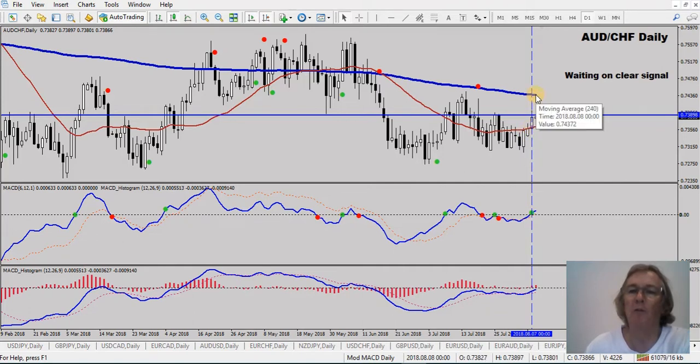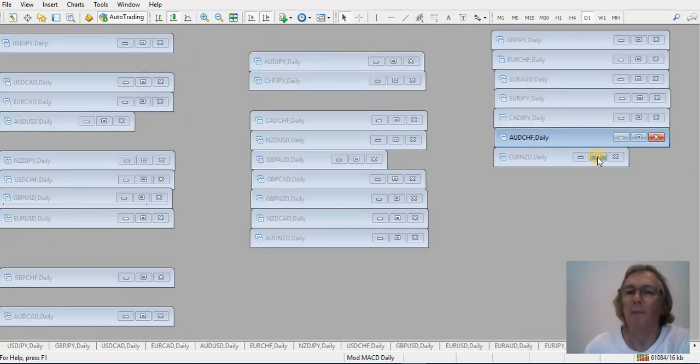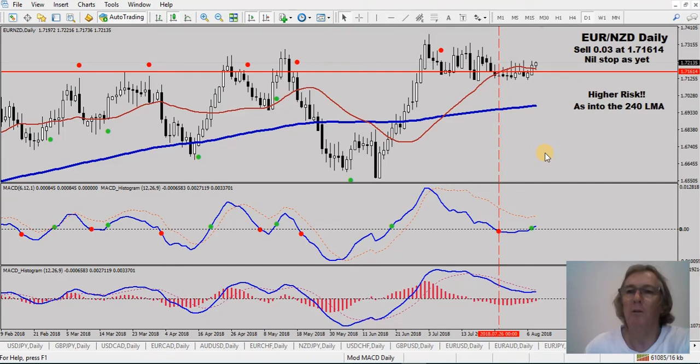I'm trading into the 240 LMA. It's a pair that's given me some grief, so I'll take the signals when they present those. So it's Aussie Swiss, new buy trade this morning, and Euro